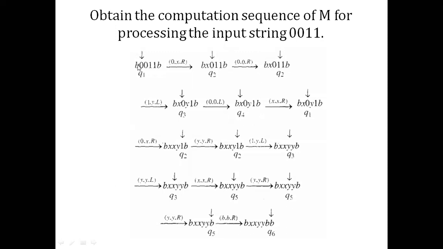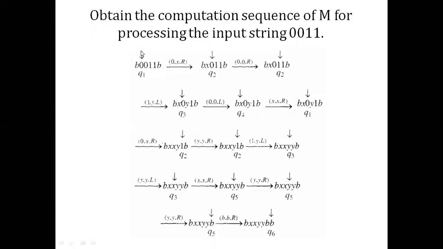So initially all the symbols are placed on the tape. The tape is infinite from both ends, so there will be a lot of blanks here and a lot of blanks here. This one blank symbol is put here because we are also moving in the left direction. How does the machine understand that it has reached the leftmost end? If while moving left the machine reads B, then the machine understands that it is at the leftmost end and cannot move ahead. Similarly for the rightmost end.